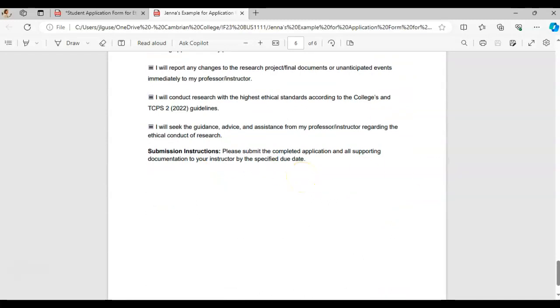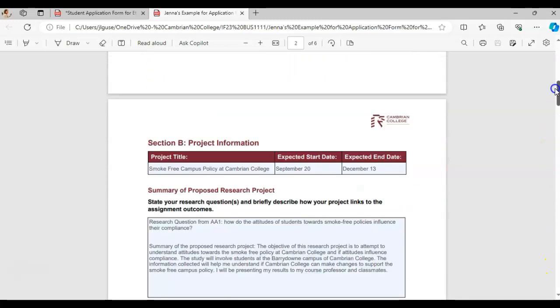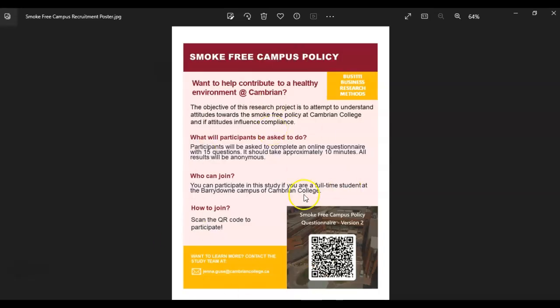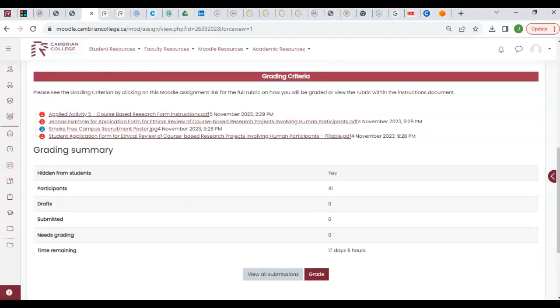If I was making the submission, what I would upload is this form that is completely filled in and this poster. And that is all I would need for my submission. I'd go back to Moodle and I would upload it. One final check through is what all of these documents are. This one is the form that you need to fill in. This is the instructions for the entire applied activity. This is my example of a completed form and my example of a recruitment poster that you can follow to help make sure that you've met all of the requirements for this